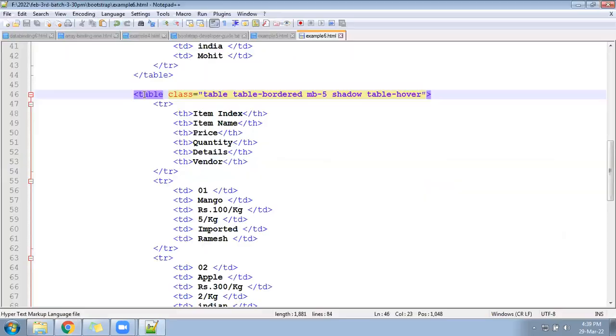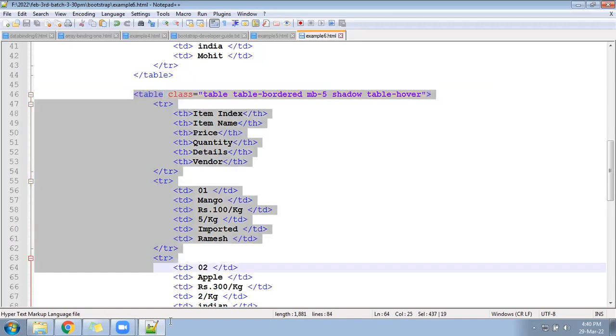Copy the same table and paste again in the last.